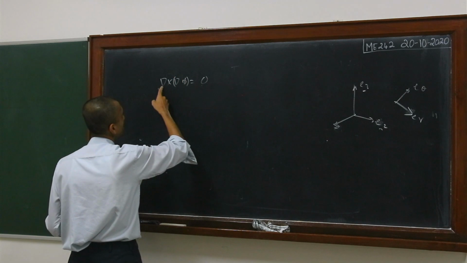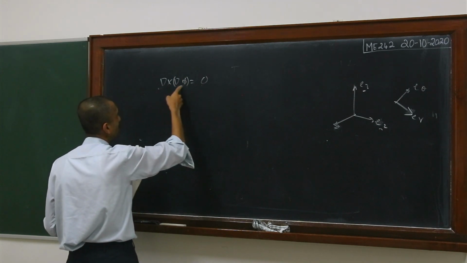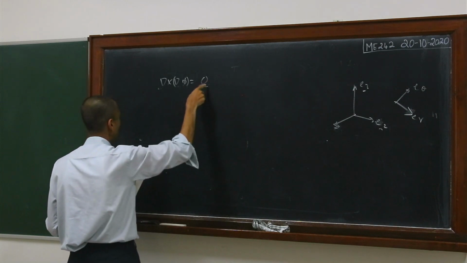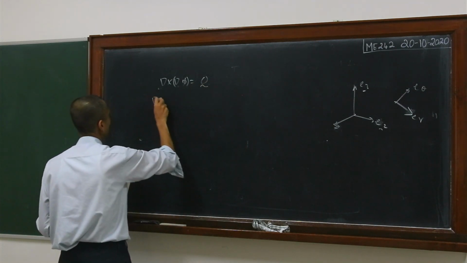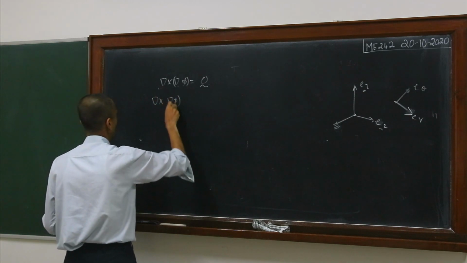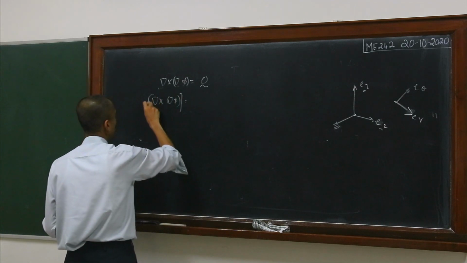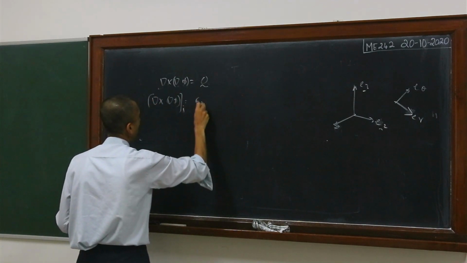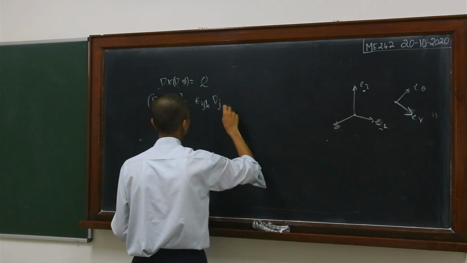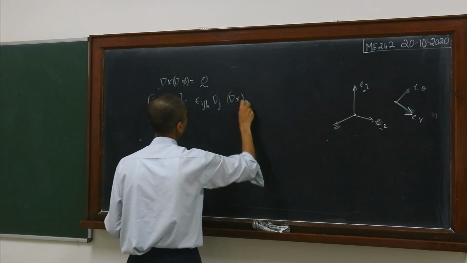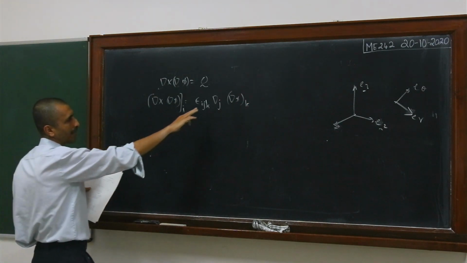So basically this is a curl of this particular vector. Del phi is a vector. This is a curl of a vector, and so this is a vector 0. So if I can write this in indicial notation, let me start with the left hand side. So this is del cross del phi. So this is equal to, let me write this as the ith component of this. So that is epsilon ijk del j times del phi k. So just to start getting used to this, maybe you can write it like this.